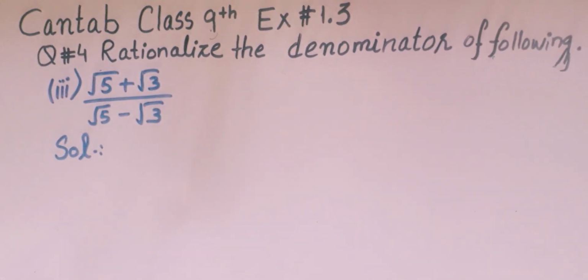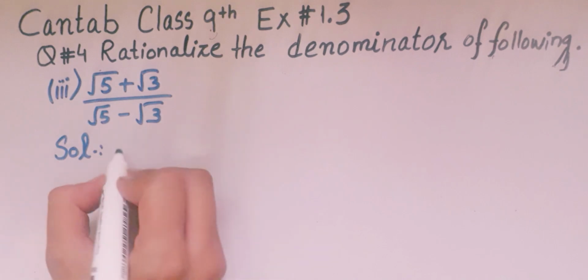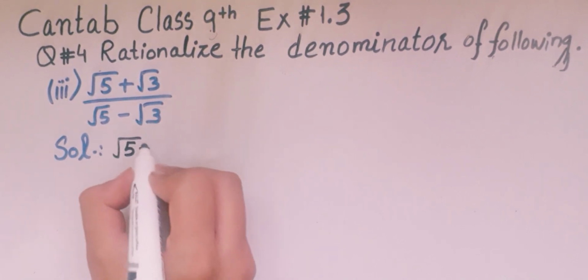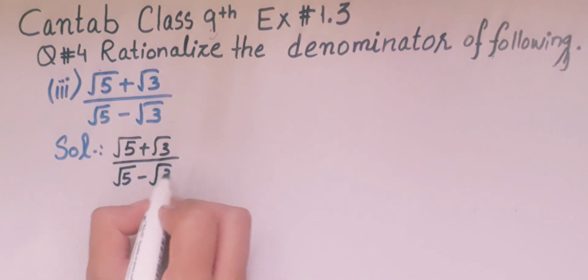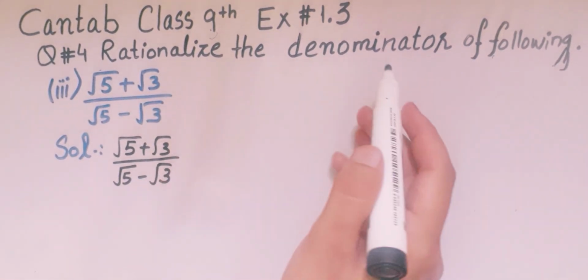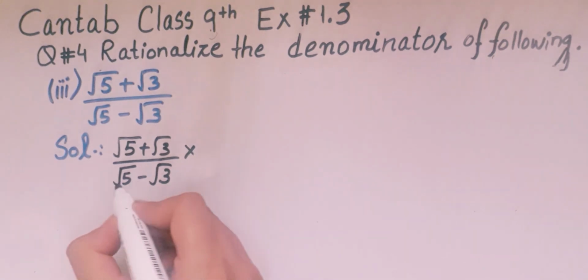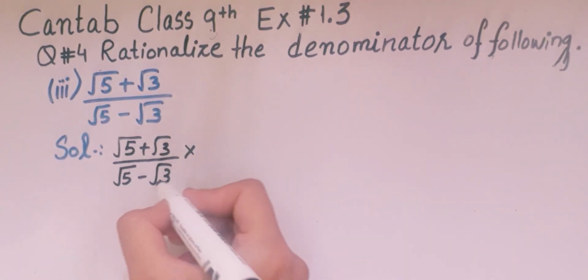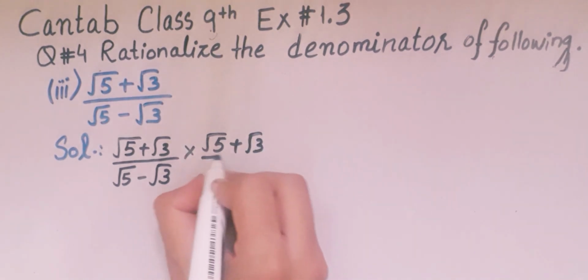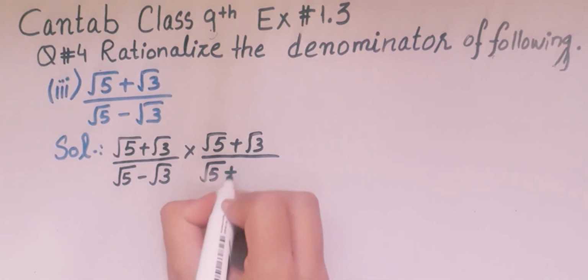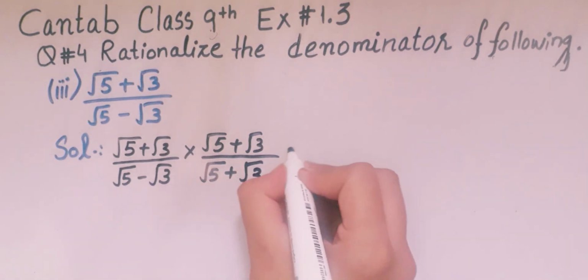Now we have part number 3, which is square root of 5 plus square root of 3 by square root of 5 minus square root of 3. So we will rationalize this. We have to rationalize the denominator. So we will multiply and divide by the conjugate of square root of 5 minus square root of 3, that is square root of 5 plus square root of 3 by square root of 5 plus square root of 3, which is equal to